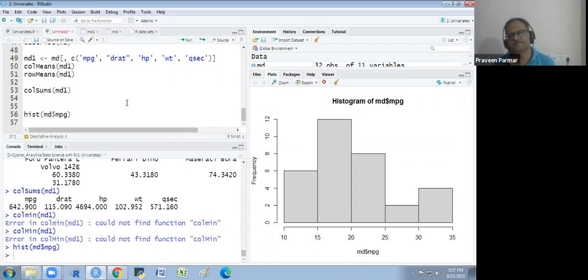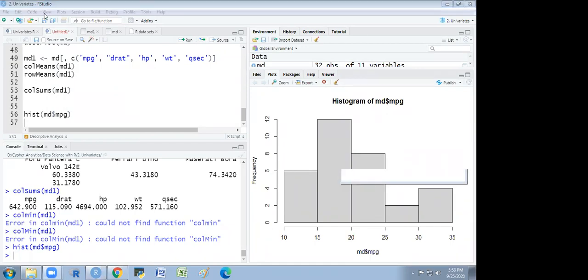Can someone tell me? Positively skewed. Sudipta, correct. Ishita, correct.